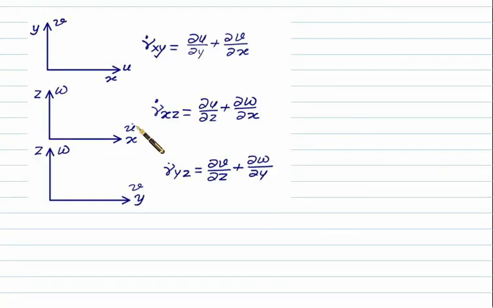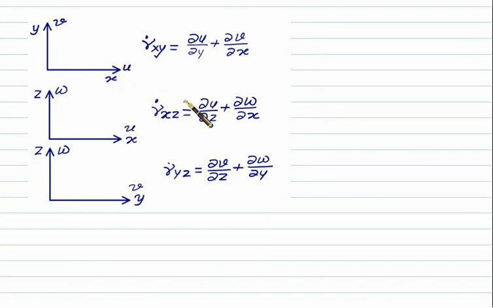Let's consider how to write the shear strain along xy. This time you can show two axes, x and y. Along x you show velocity u, along y you show velocity v, and then take the cross here, that is del v by del x and del u by del y.